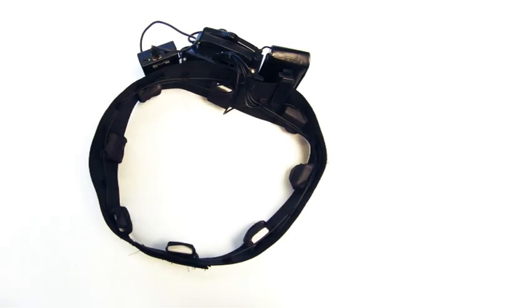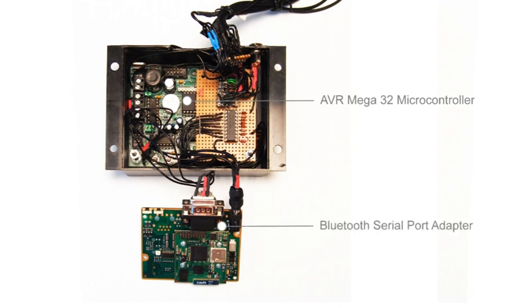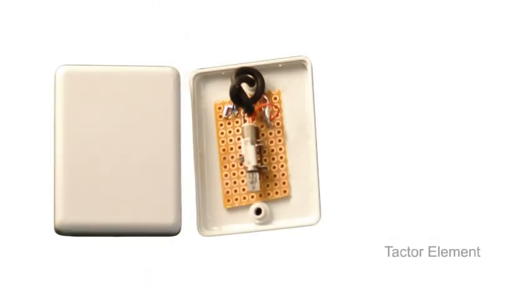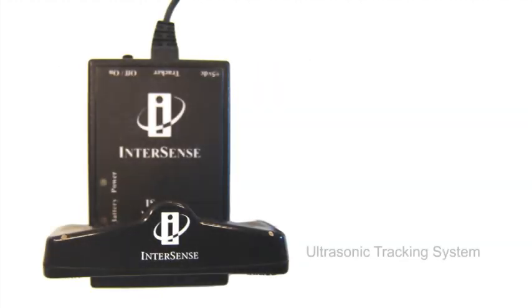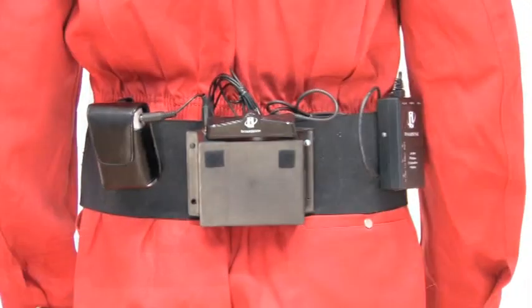In particular, the vibrotactile system is implemented based on an AVR Mega32 microcontroller, wirelessly interconnected with the host computer by using a ConnectBlue industrial Bluetooth serial port adapter. The 8 tactor elements, basically cell phone vibramotors, are controlled by a Darlington transistor array. Vibration elements are independently controlled by the microcontroller's analog digital ports. Vibration intensity is controlled by pulse width modulation. In the demonstration here, position and orientation of the belt, or the person wearing it, is tracked with a lab-installed, highly precise ultrasonic tracking system.